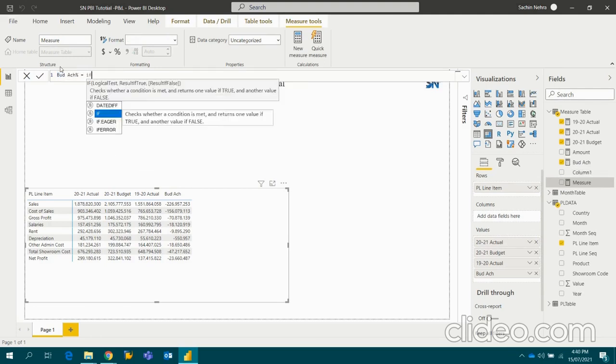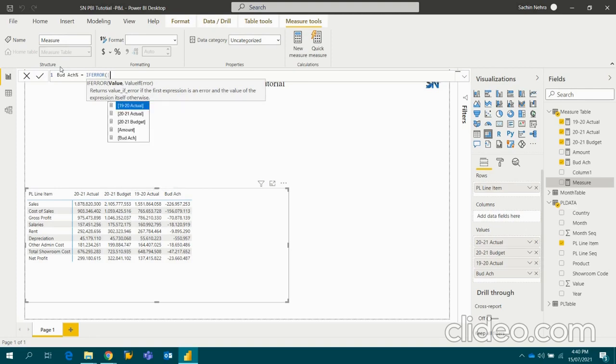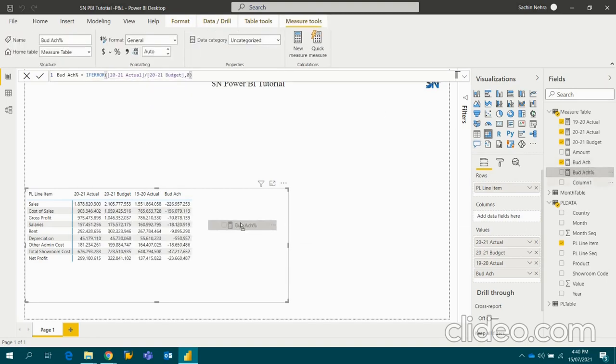It will be my actual divided by budget, and I'll bring it into percentage format. Same way, I will make year-on-year growth.